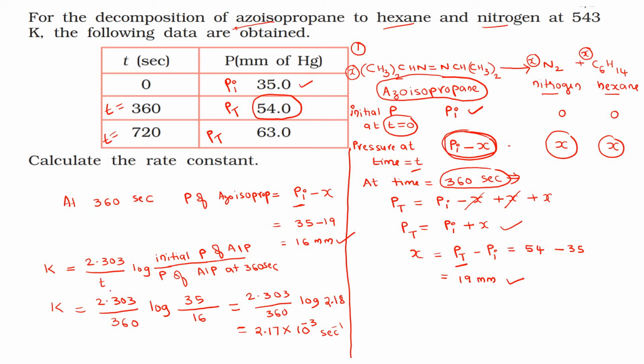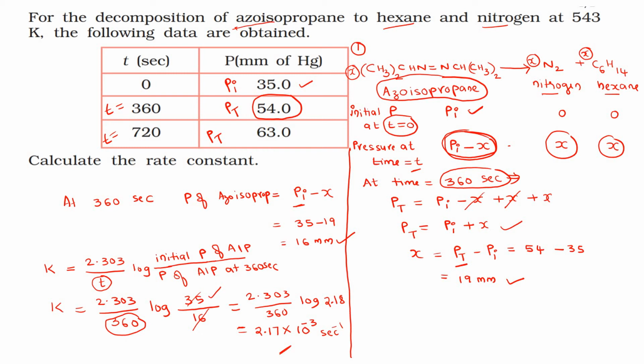Now what is the formula to calculate the rate constant? Again 2.303 by t log initial pressure of reactant, azoisopropane, divided by pressure of azoisopropane at this given time. Given time is nothing but 360 seconds here. Substitute: initial pressure is 35 and pressure at this time is 16. Now log 35 by 16. If you divide this, you will get 2.18. Now substitute the log 2.18 value and cancel this one, you will get 2.17 into 10 to the power of